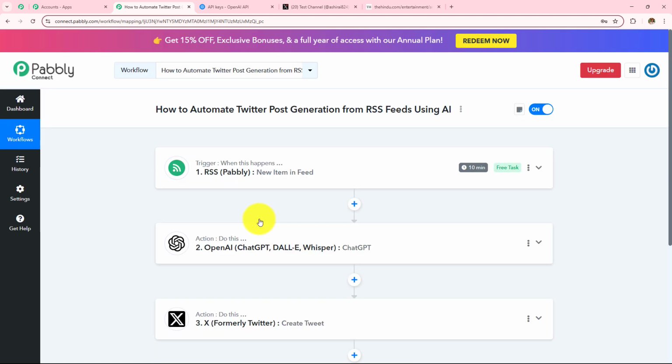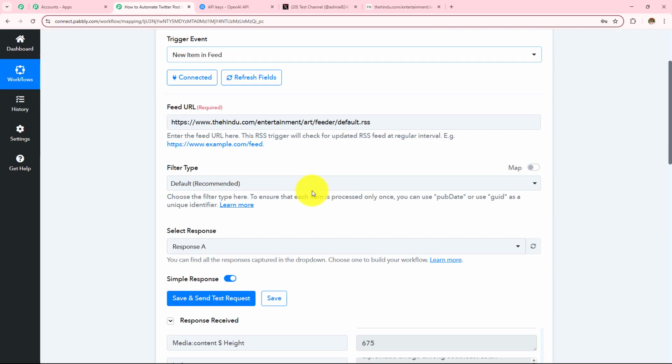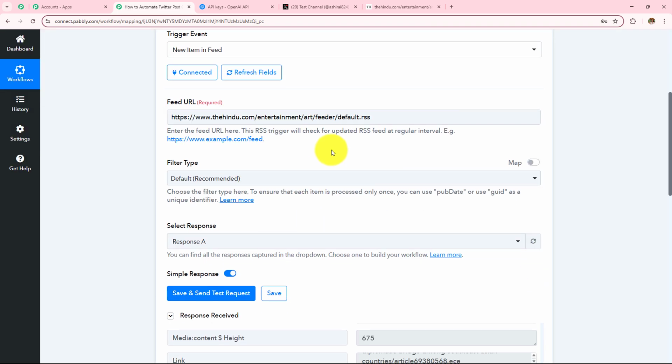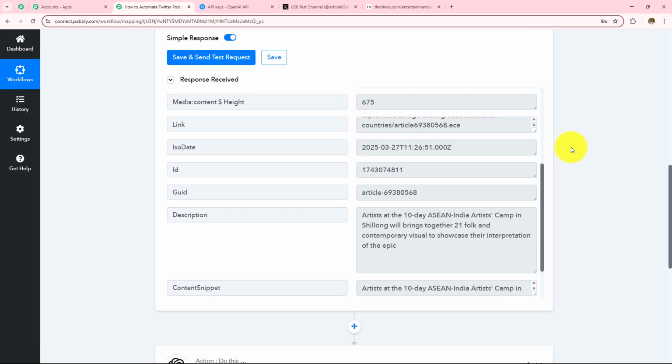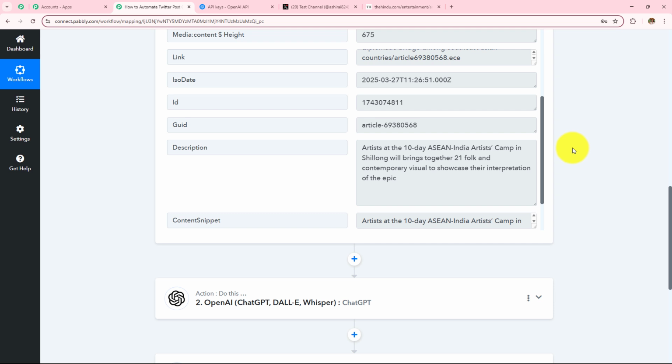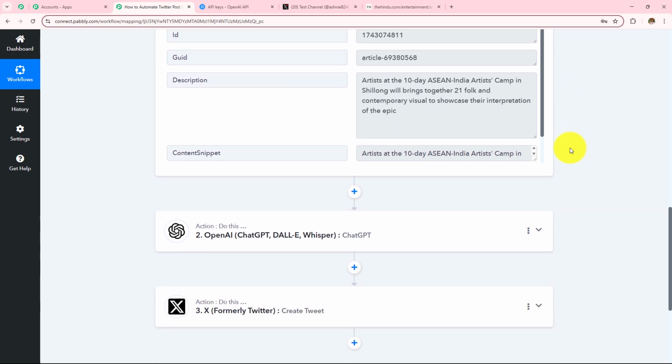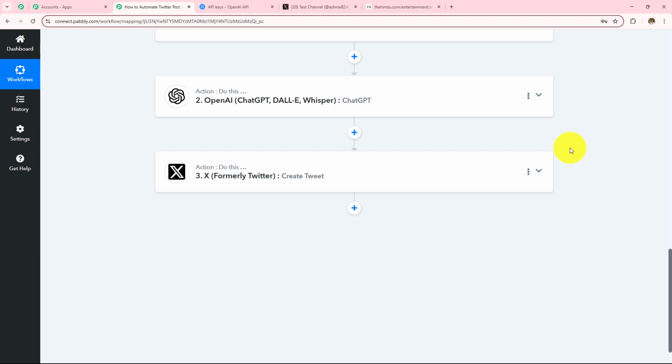So now to summarize, we took RSS by Pabbly as a trigger application where we made connection with Pabbly Connect. We entered the feed URL from where we want to extract the feed, selected the filter type, and then received the response of the latest news which I had in my RSS feed. Then we wanted to generate a content for this.